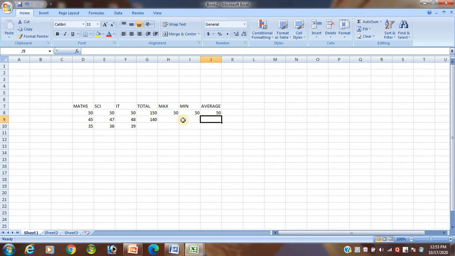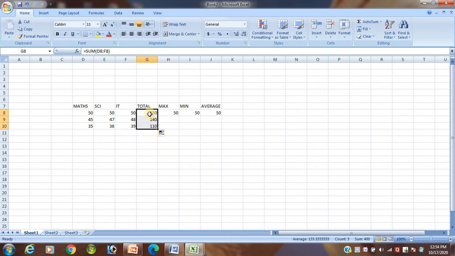Next we will discuss copying the formula. What do we mean by copying the formula? You calculate the formula only one time, put the formula and calculate the values, and the next time you only copy. How is it possible? Suppose I calculate the AutoSum and press enter. You do this only one time. Then how to copy? Select this cell, and you see the handle in the right bottom corner. Hold it with the mouse and drag downwards.